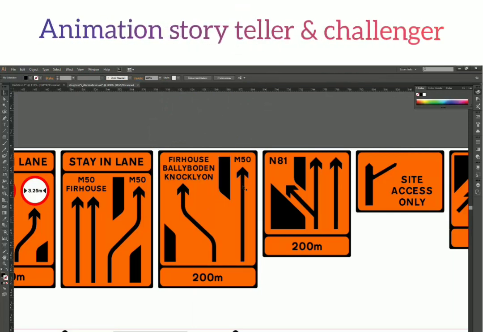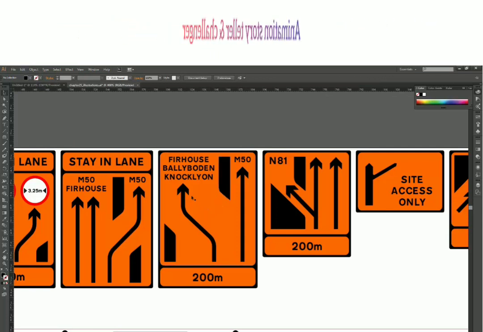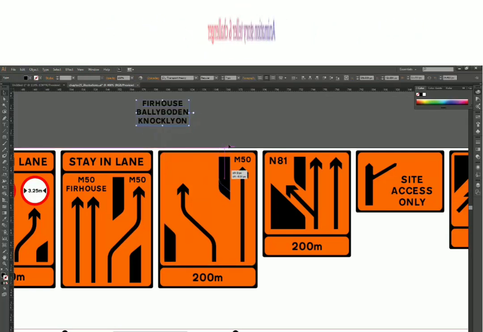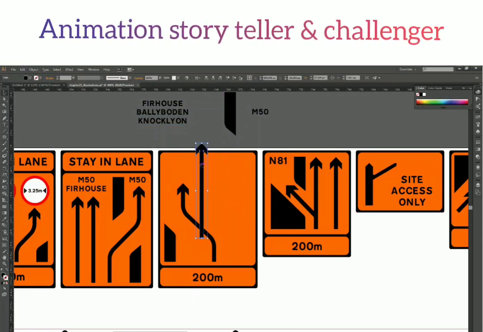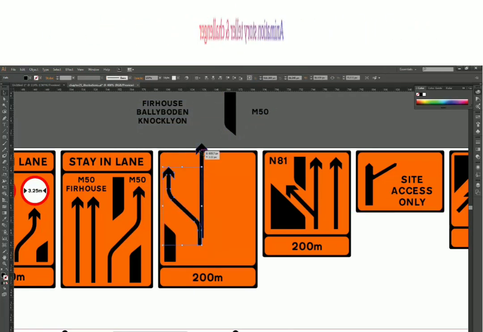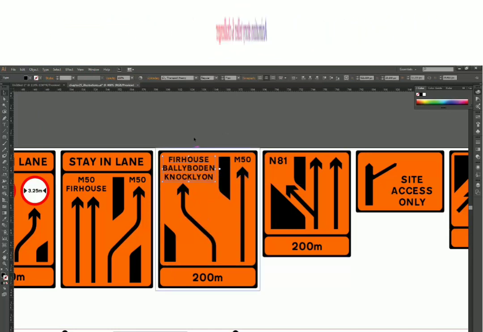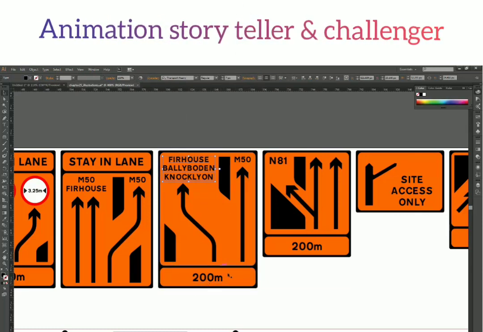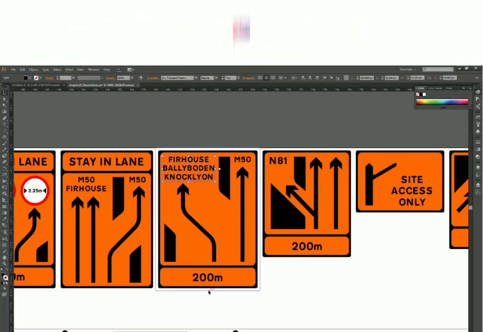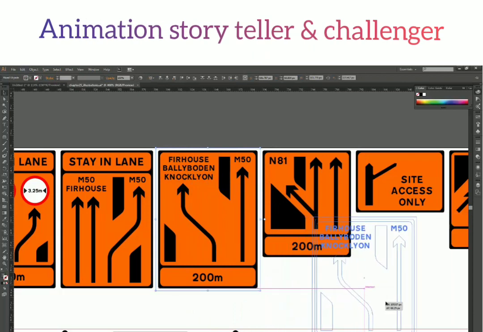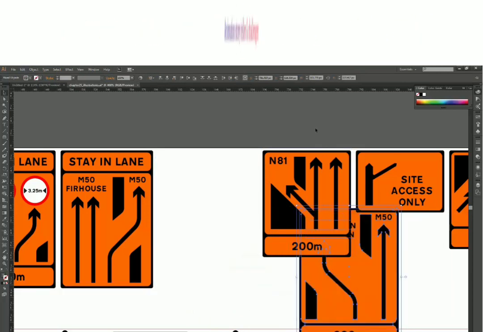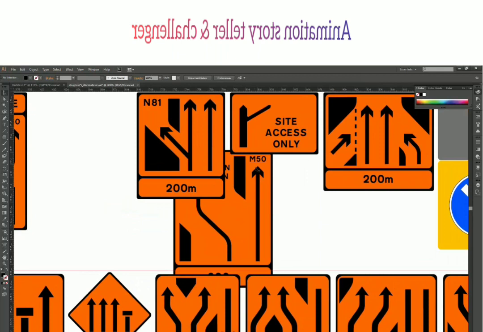So right now I have this ungrouped and my shapes are separated now, and I can move them independently. So it is a good idea, if I want to make some changes in the design, then yeah, ungrouping will work fine. But if I want to move the whole shape together or the whole sign together, then I have to select this whole thing and then move. And let's say somewhere here I misplaced it. Now again I want to move it.